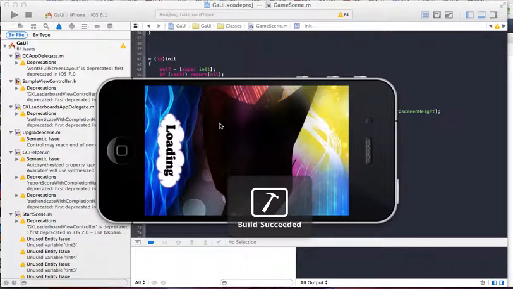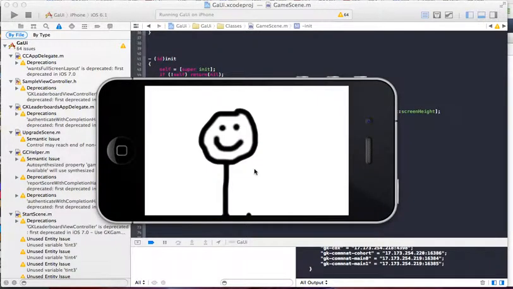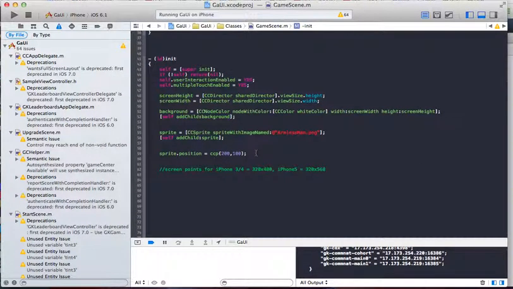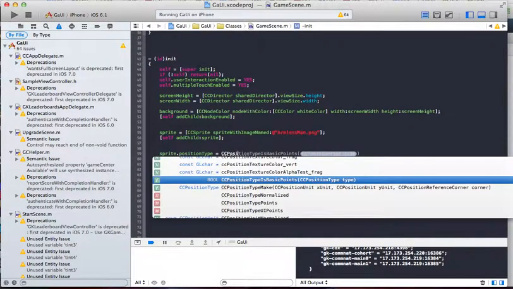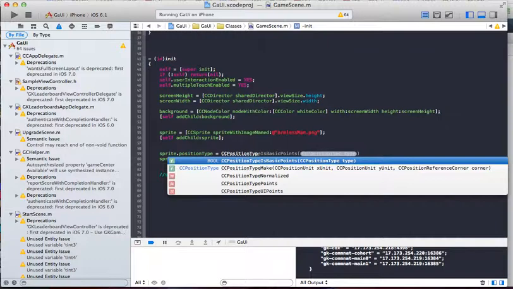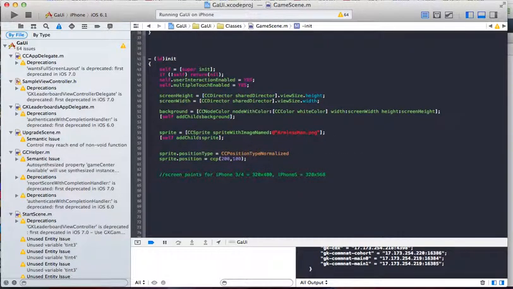Now there's different ways to position your sprite. You can position your sprite like this with in points, or you can say sprite.position type, and if you say position type equals CCPositionTypeNormalized, then what this is going to do is, instead of using this, if it's normalized,